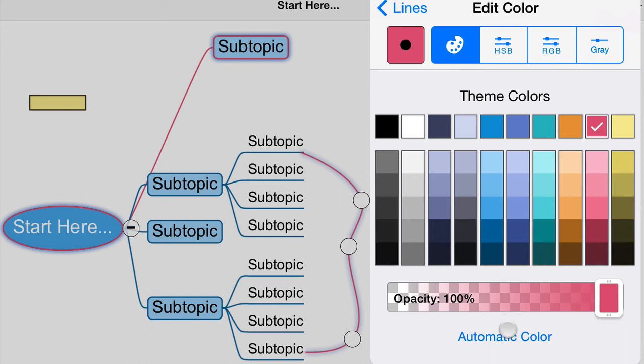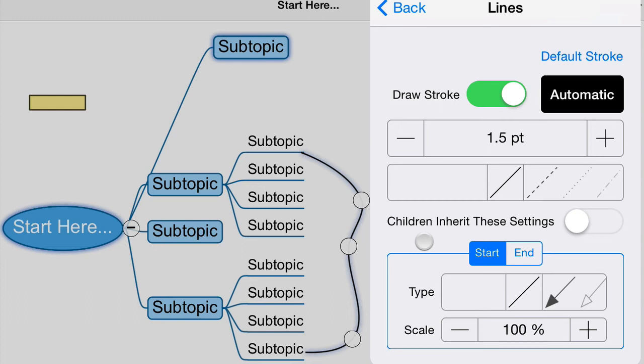Now when you click the automatic color button, it sets the link line back to automatic coloring, but the topics themselves use the theme and automatic inherited coloring options to get their color, so you're just set back to using the default colors. The other thing you can see on the line panel when we have link lines selected is